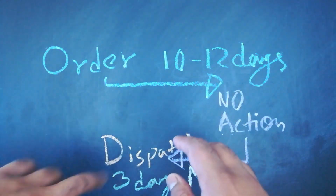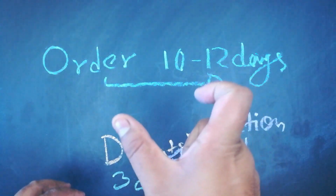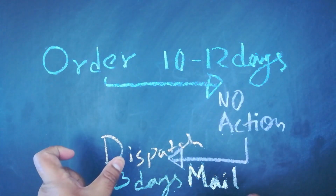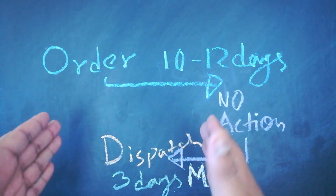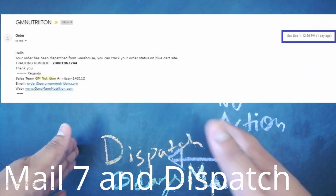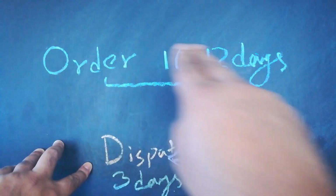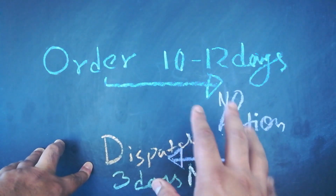So fine. On the next day, or I think 2 days later, they sent me a tracking ID saying, here's your tracking ID, you can track it 2 days later. So 2 days passed here, 2 days there, so we got 4 days. And about on the 3rd day from that, they dispatched. So about 5 days from mailing, they actually dispatched the stuff from their warehouse or wherever it is, through Blue Dart. So the whole process from ordering to dispatching, not even delivering, took about 17, 18 days,